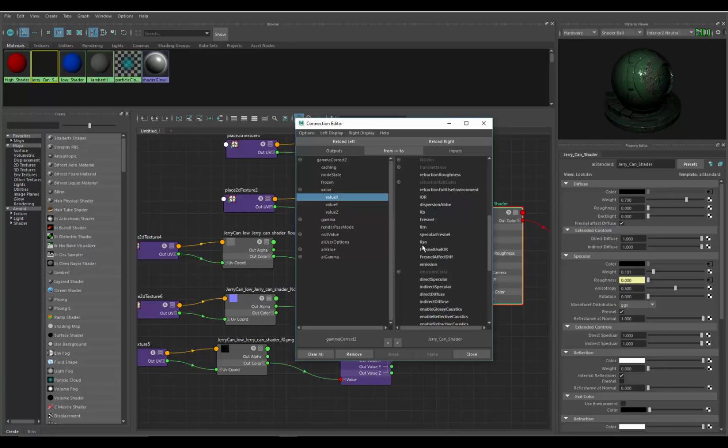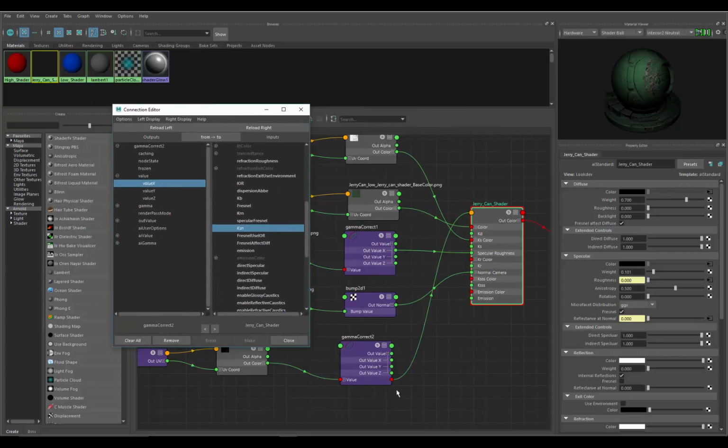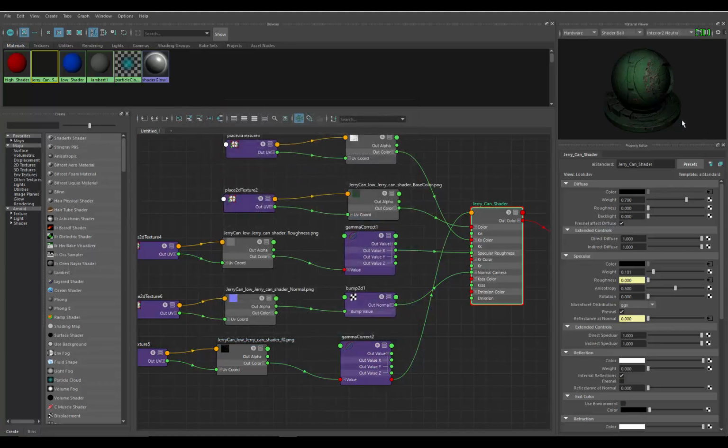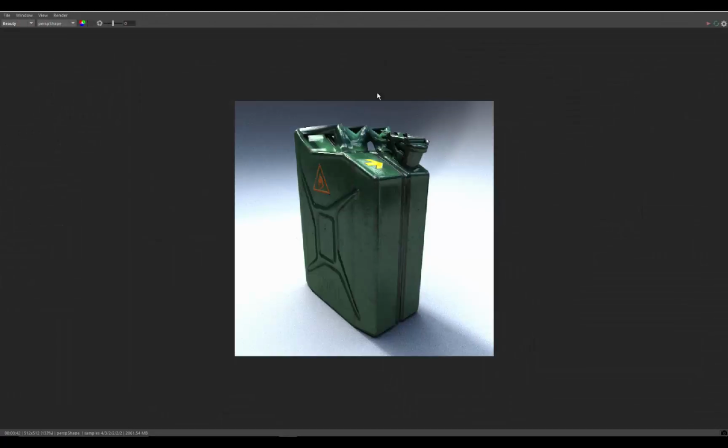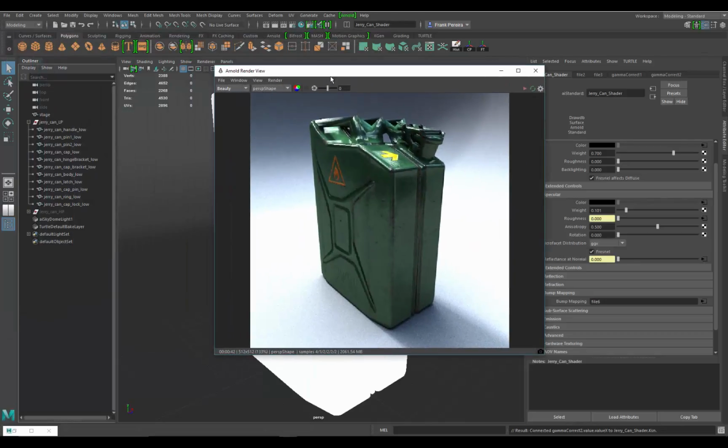So that's what this KSN stands for, is this reflective at normal. And we want to connect it into that. And you can see right here, it plugs it in right in there for us perfectly. So we hit close, and now the connections have been done properly inside the Hypershade. We'll minimize this. Let's bring the Arnold view back up, and now go back to let's break this down, and